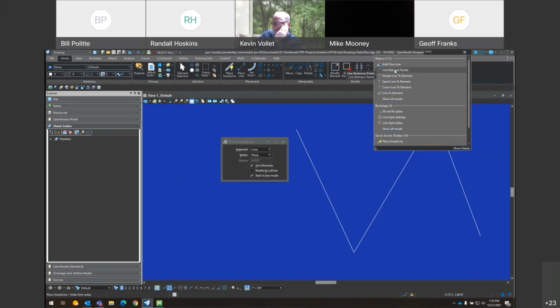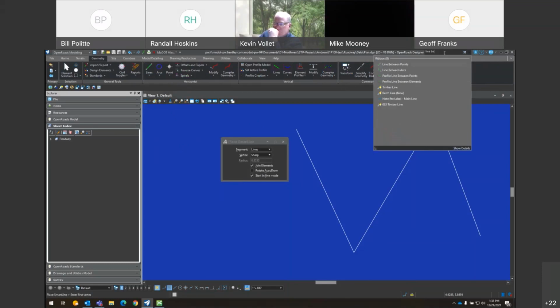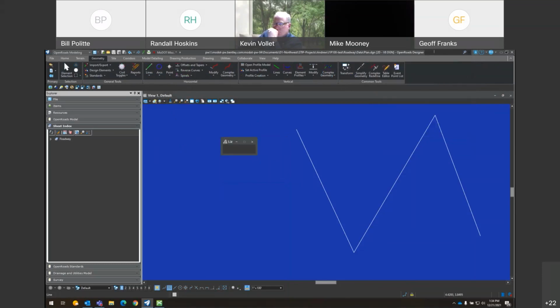So if I select one of these, it's going to actually change my workflow and my tab, and then, you know, we'll go lines, line between points. If I just want to activate that tool, I can just click on the actual line between points.